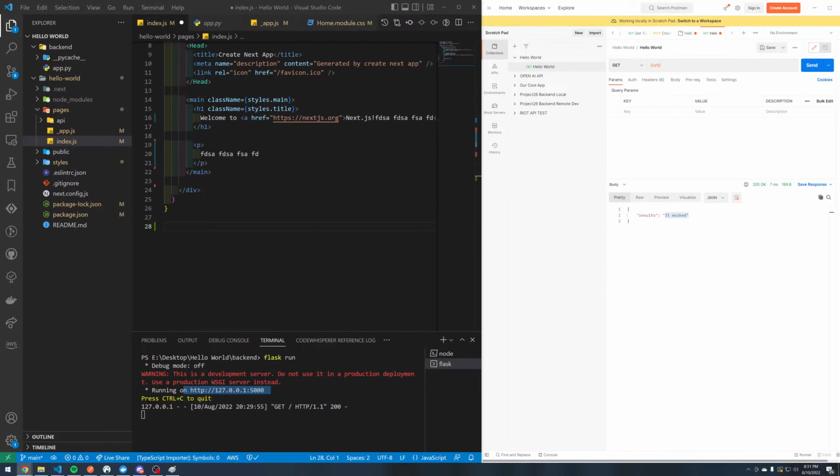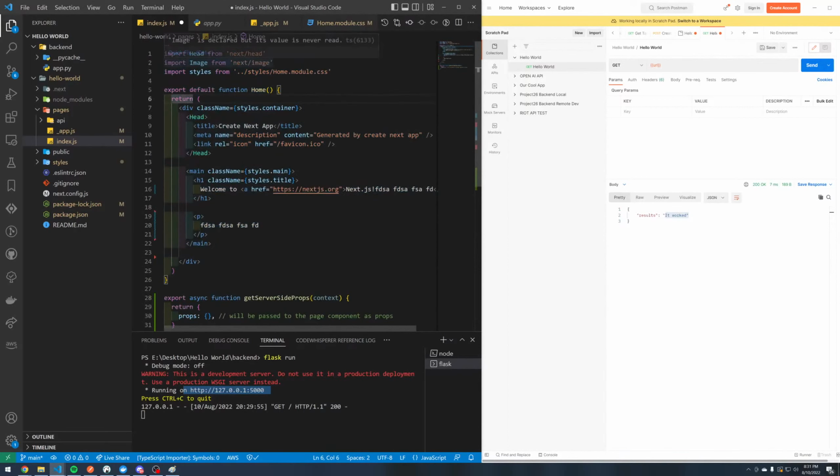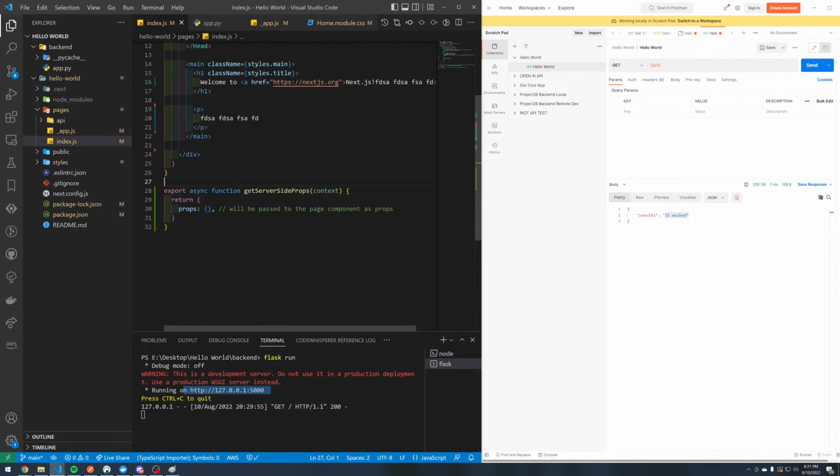It's called getServerSideProps. So I'm going to go and paste the code, JavaScript. So go and paste that at the very end of your index.js file. And then